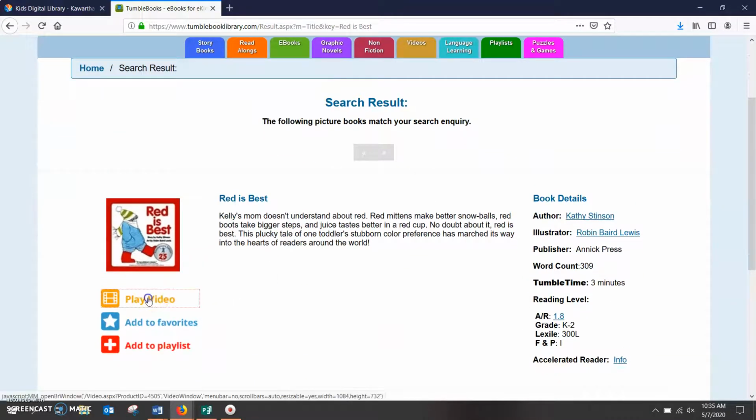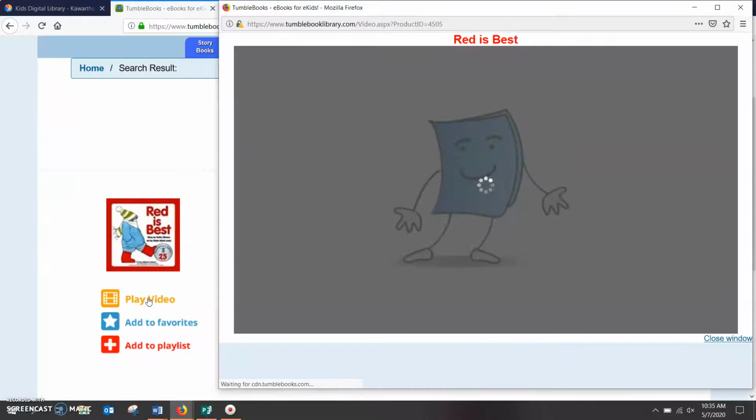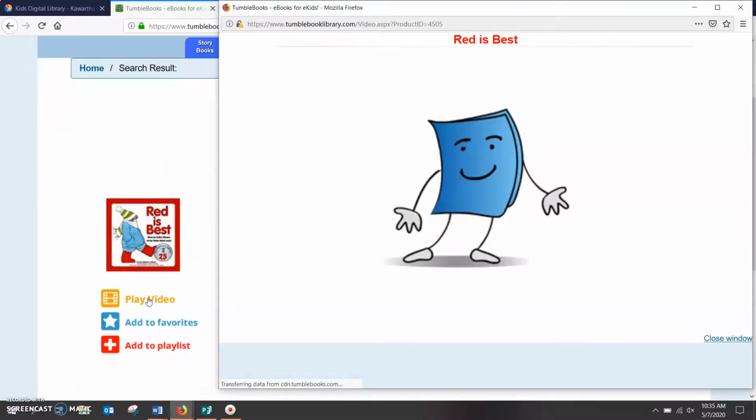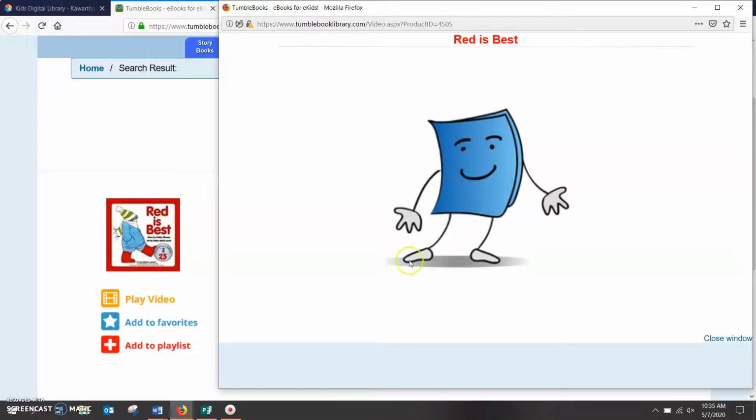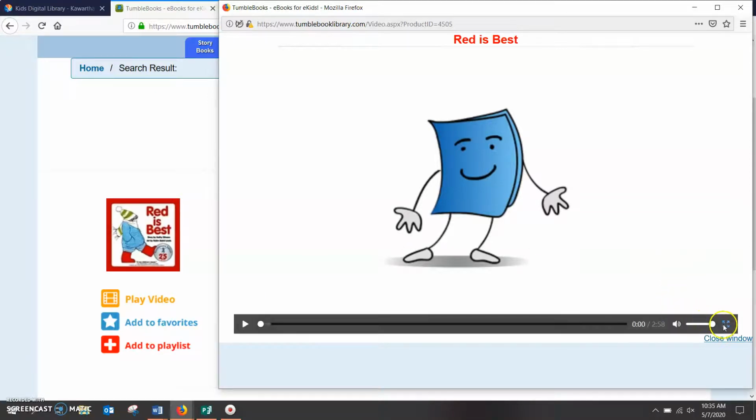I'm going to play the video. Give it a second to load here. I can make it full screen and I can adjust the volume over here. And once I press this play button, the video will get started